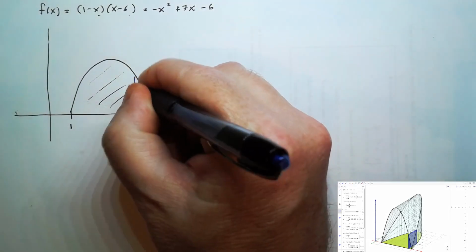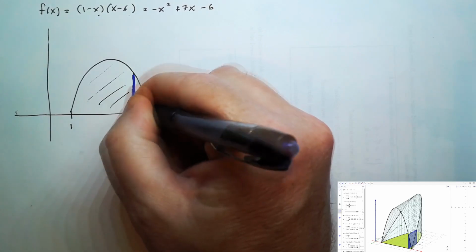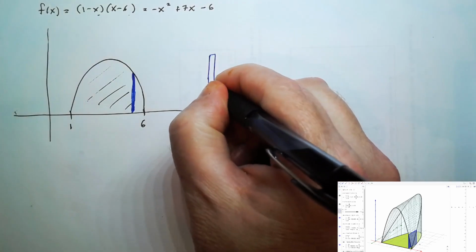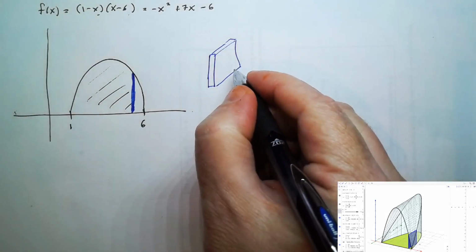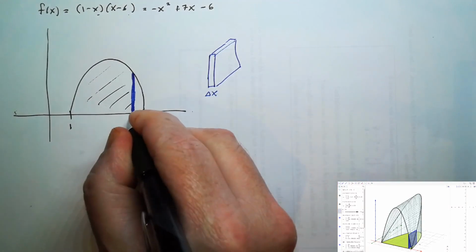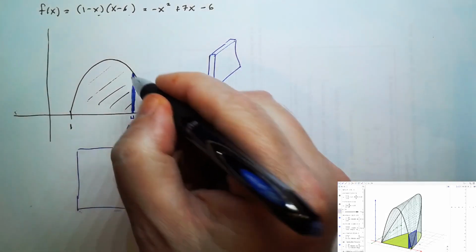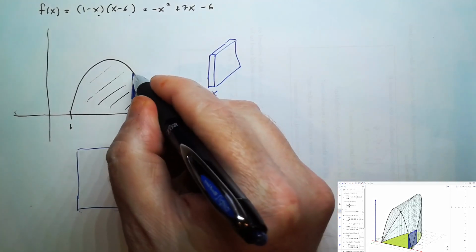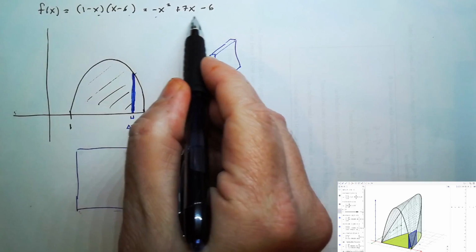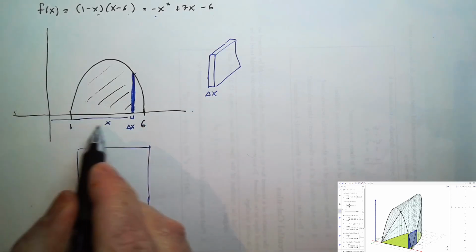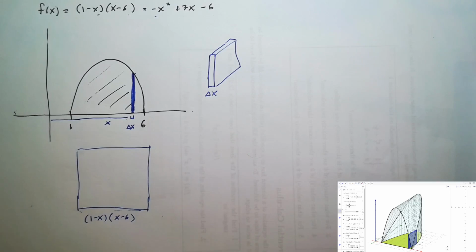We can then sketch in a representative slice, or where that representative slice intersects the base of the solid. If we draw that slice separately, we get a square object that is delta x units wide, the thickness of our slice. What are the dimensions of this square? The base of the square is the same as the length of this slice, which extends from where y equals 0 up to where y equals our polynomial function. So one side of the square is the quantity 1 minus x times x minus 6 units long, when our slice is x units from the y-axis.